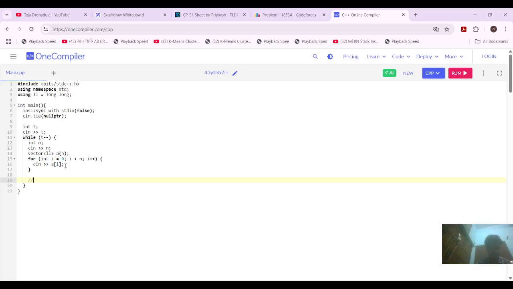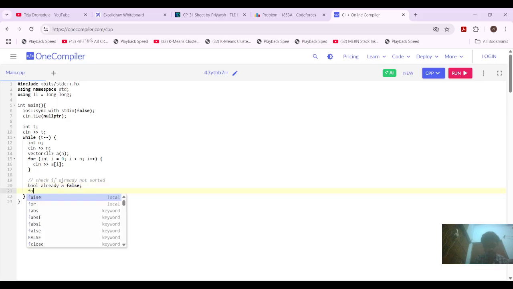And then check if already not sorted, right guys? So we are going to check if already not sorted, right? So bool already is equal to false,